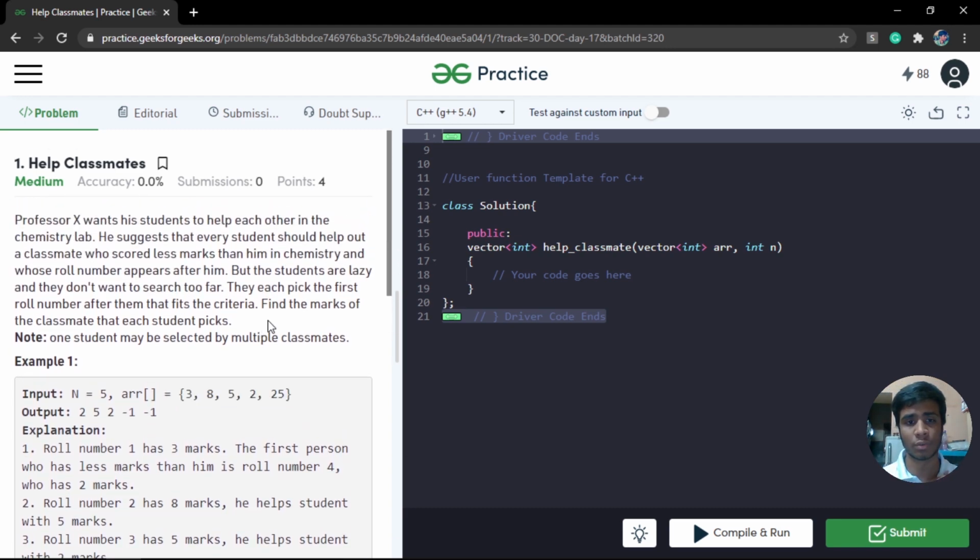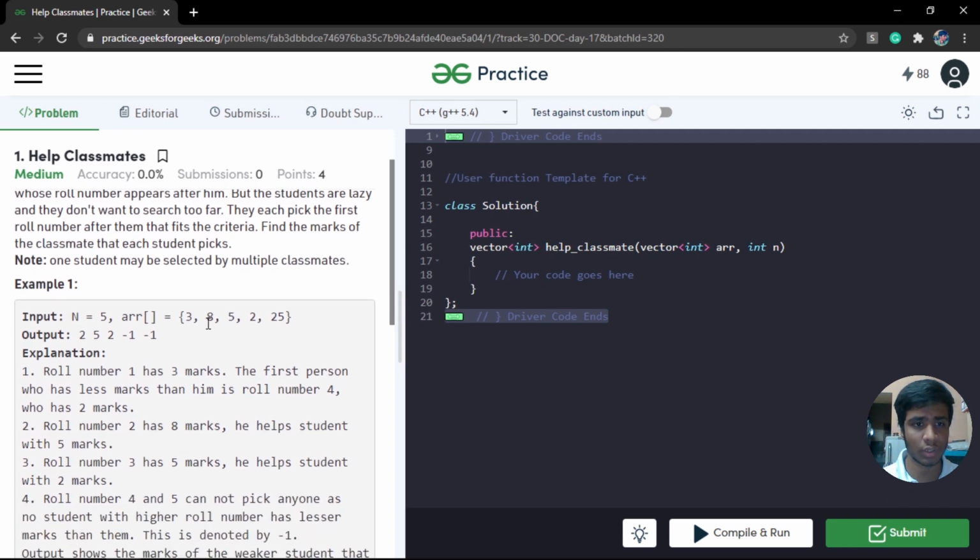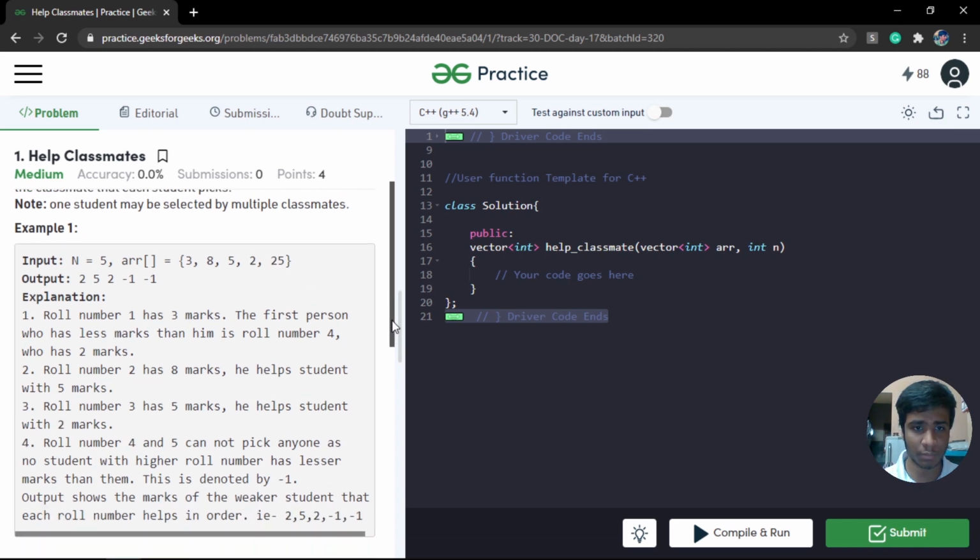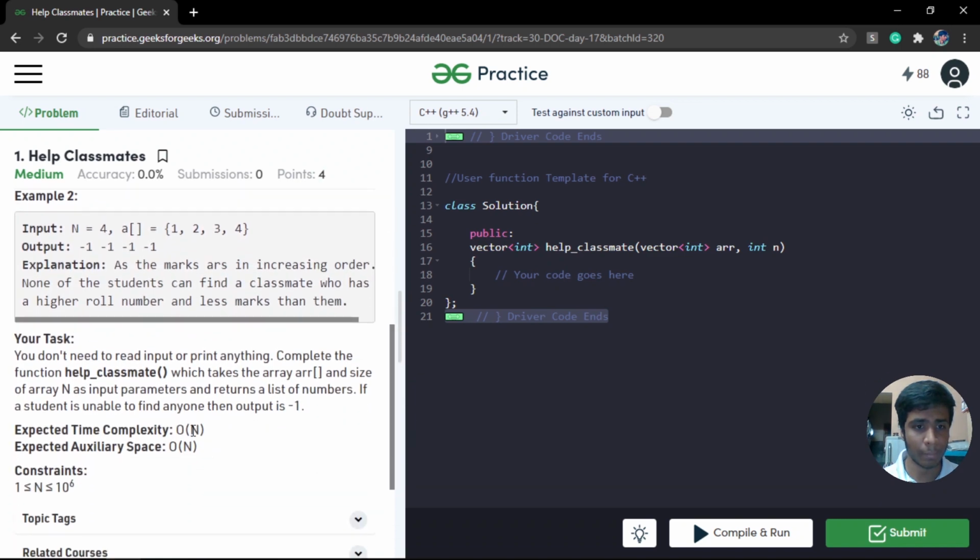So the first approach, that is brute force, is simply running 2 loops, right? The first loop is going to loop over the indices, and the second loop is going to search for the closest number. So this is my first loop, and the second loop is going to run at this point, this point and this point. So it will search for the matches, right? But if you observe the problem statement, the expected time complexity is O(n), so we have to solve it in a single pass, right?